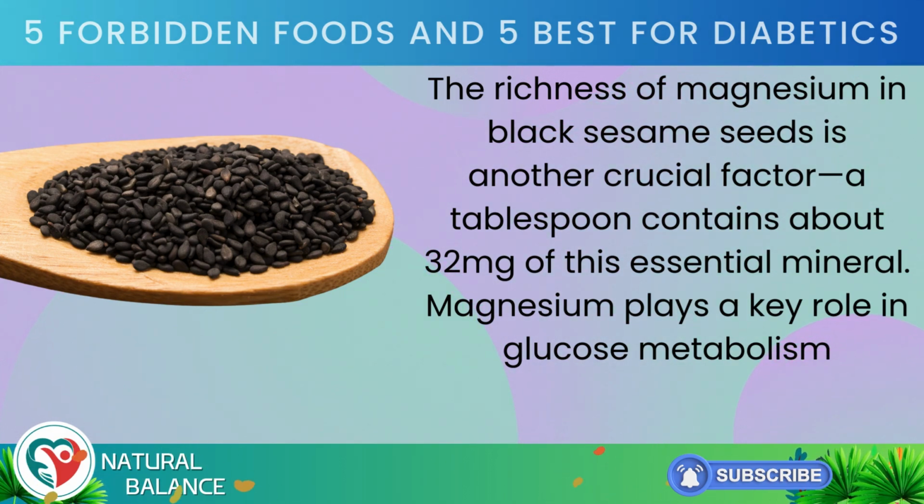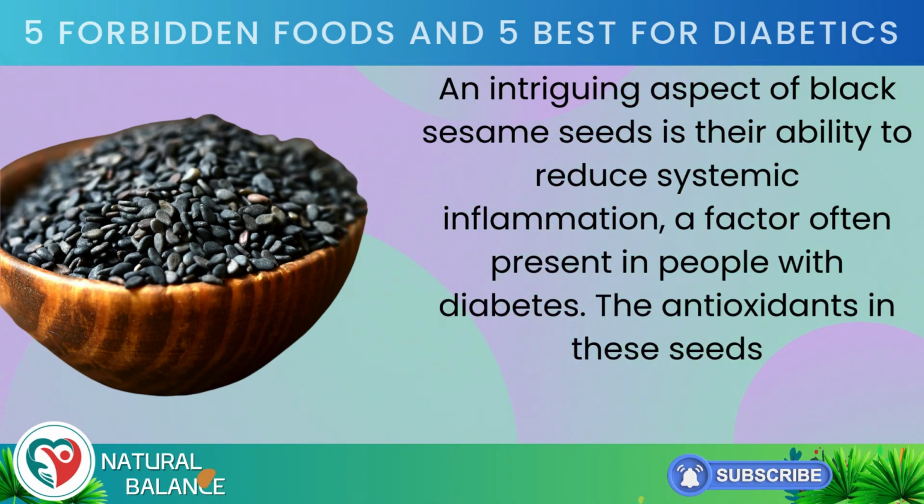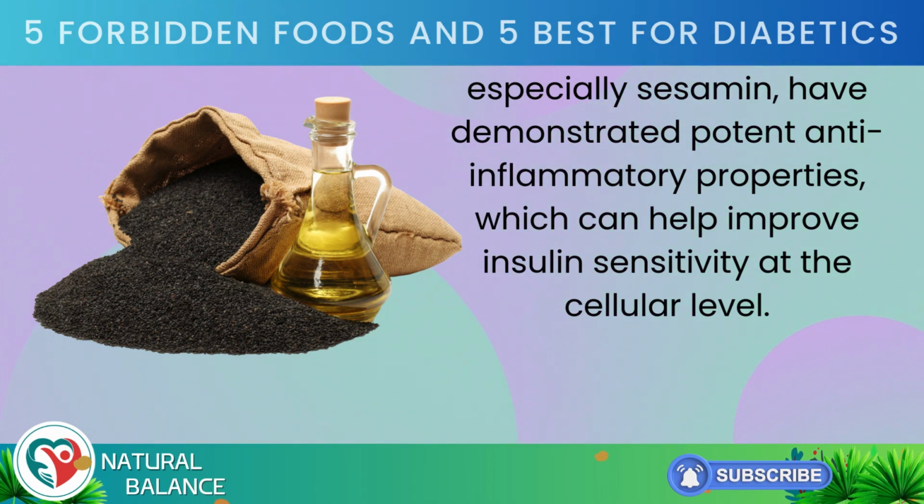A tablespoon contains about 32 milligrams of this essential mineral. Magnesium plays a key role in glucose metabolism, participating in over 300 enzymatic reactions in the body, many of which are directly related to diabetes control. An intriguing aspect of black sesame seeds is their ability to reduce systemic inflammation, a factor often present in people with diabetes. The antioxidants in these seeds, especially sesamin, have demonstrated potent anti-inflammatory properties, which can help improve insulin sensitivity